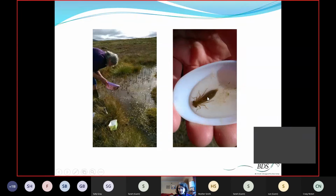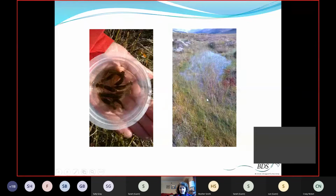You can see that one of the most distinctive things is the pale spots coming down the back here. And we have in here lots of Azure Hawker larvae, but you might be able to see this one here is quite stripy, so that's a common hawker larva, and I think this one here's a common hawker as well. So you can see it's got pale stripes down its back. So they do share some of the same habitat. So again, this is a classic Azure Hawker